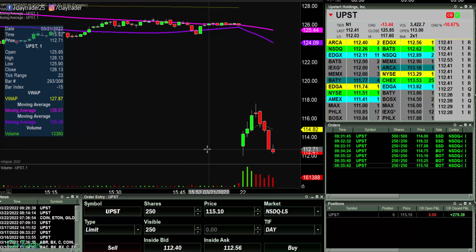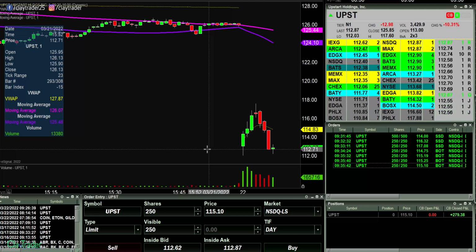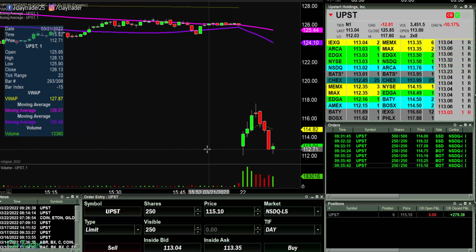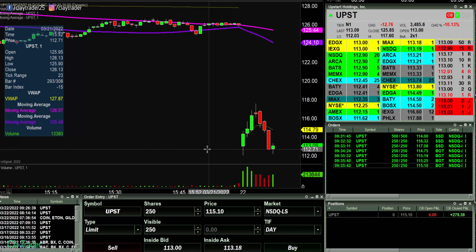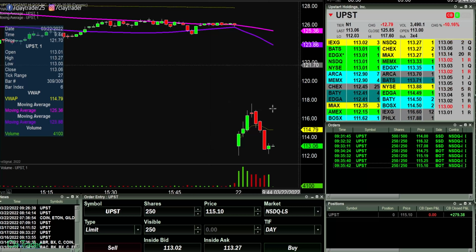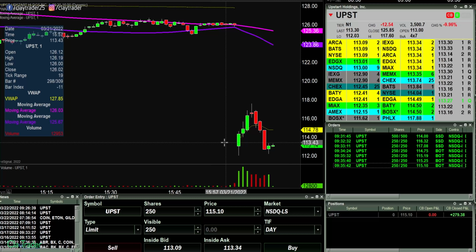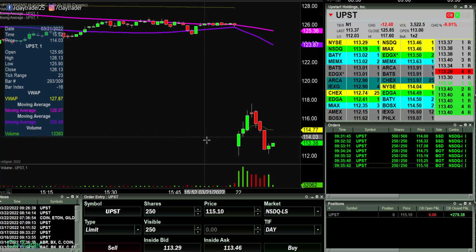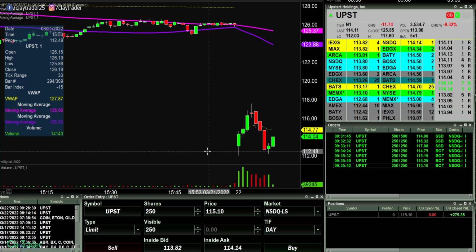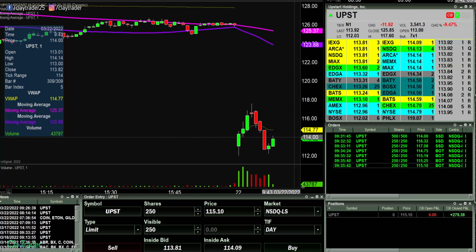Is this thing going to be one of these really tough fills? What's going on? Why did it just stop, literally break and move down to my order at a penny? And I was wrong, right? I was wrong to let that completely scare me out. Now, I should have taken some profits, which I did, just to mitigate against that. But should I have gotten everything out? I should not have. And that would have been a very, very solid trade right there.